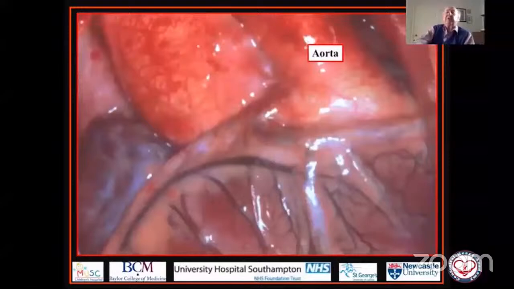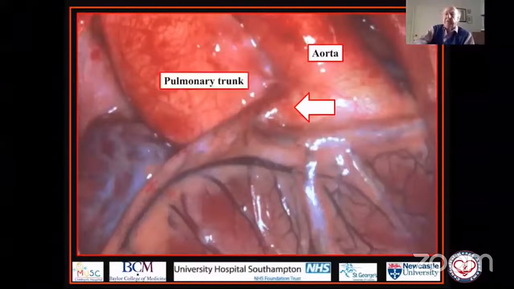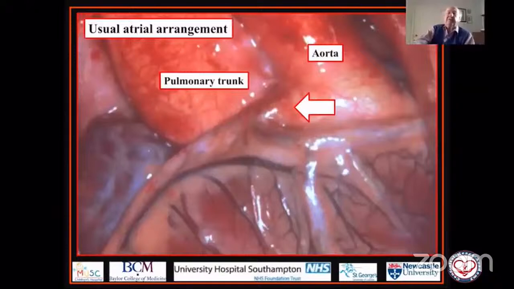So this is a beautiful picture of this setting. There is the aorta. We know it's the aorta because it's giving rise to the coronary artery. The picture is taken in the operating room by my late lamented colleague, Benson Wilcox. And there's no question, but in this heart, the aorta, which is arising from the morphologically right ventricle, is left-sided relative to the pulmonary trunk. The ventricular mass is showing right-handed ventricular topology, and there was